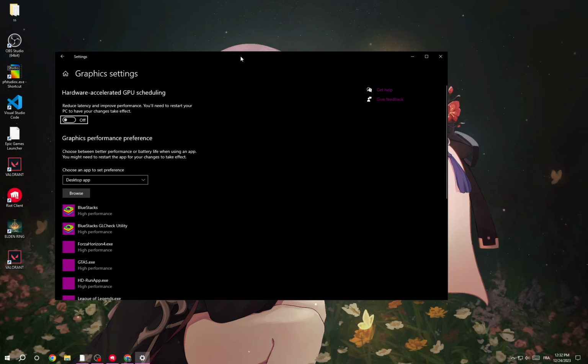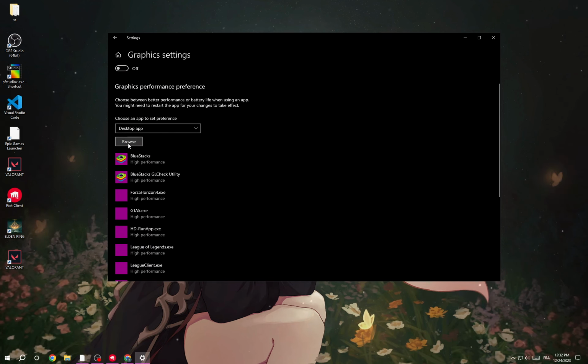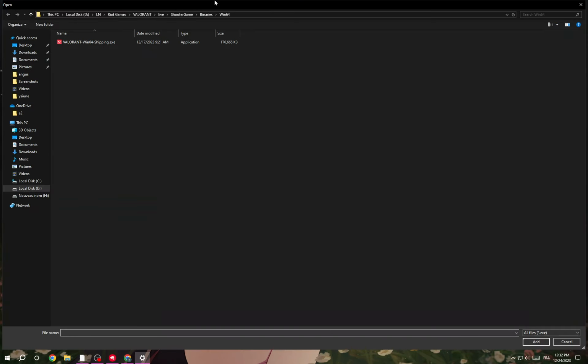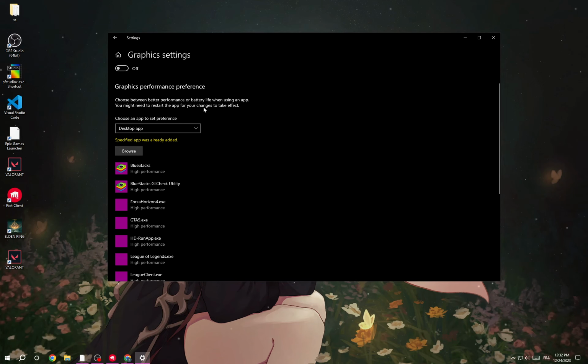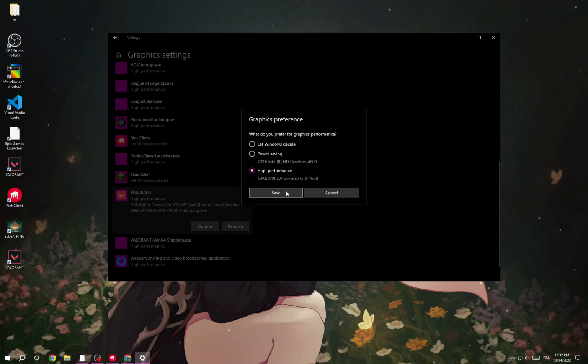settings, and then you can use this one if you want, so just enable it, and after that you have to restart your computer. And now click browse, and then you have to know where is Riot Games folder so you can find Valorant. Then click on Valorant live shooter game, binaries Win64 and Valorant Win64 shipping. Double click on it, scroll down, you'll find it here, and click options, make sure it's high performance, save it